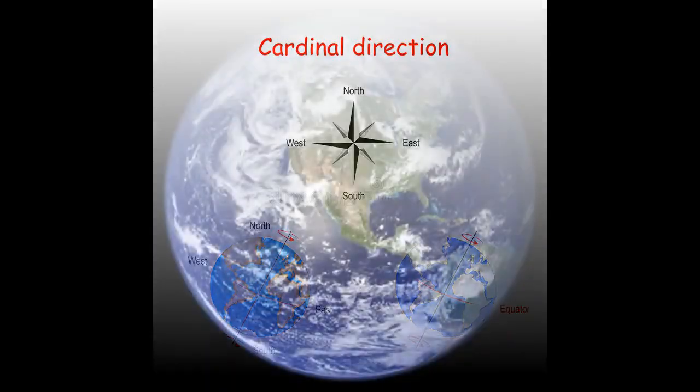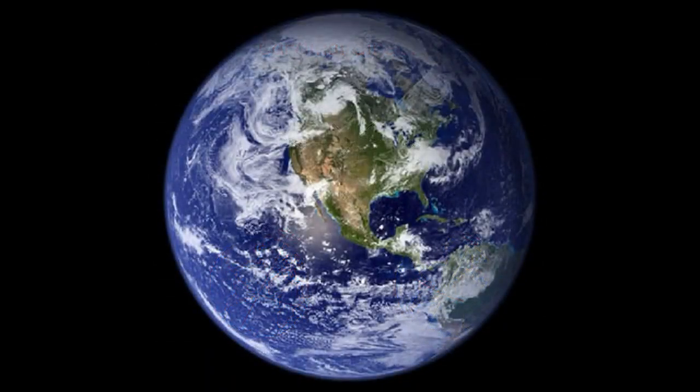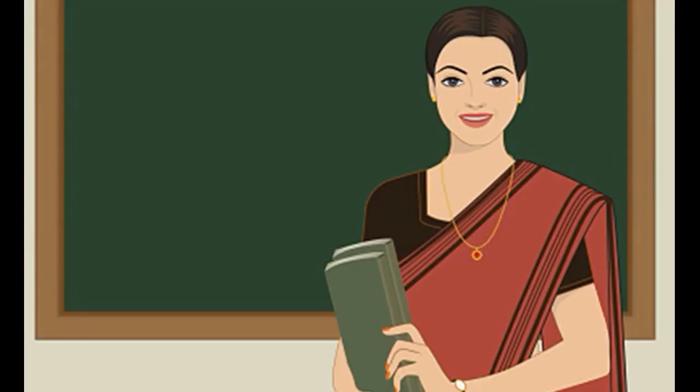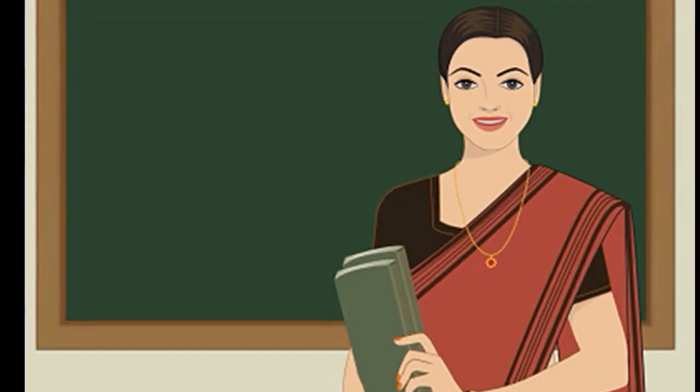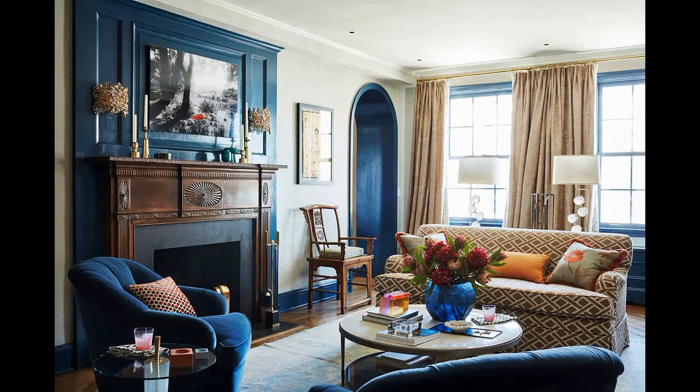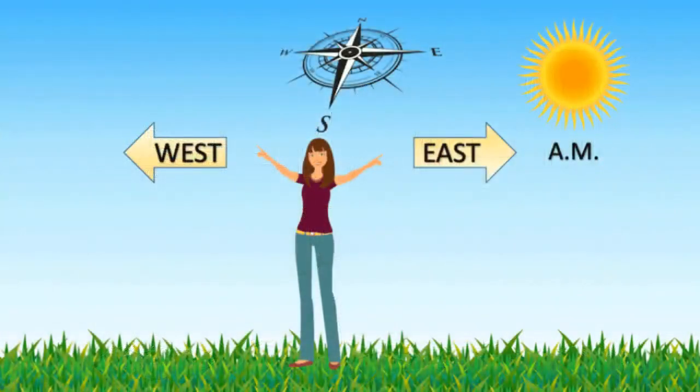Now Slaters, we know that our planet Earth is a sphere. So how can we have specific directions? Slaters, these directions are defined based on Earth's rotation. Yes, east is the direction of Earth's rotation and the sun always rises from this direction. The room in which your home gets the first rays of sun is located in the eastern part of your house. West is always opposite to the east.